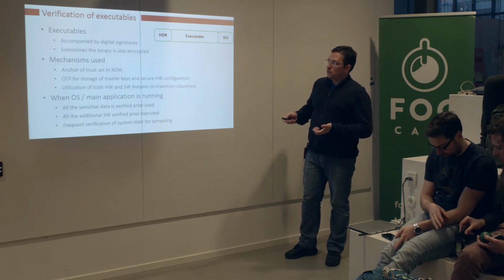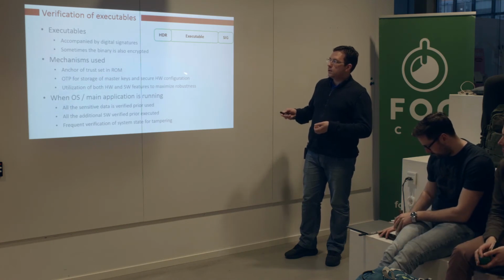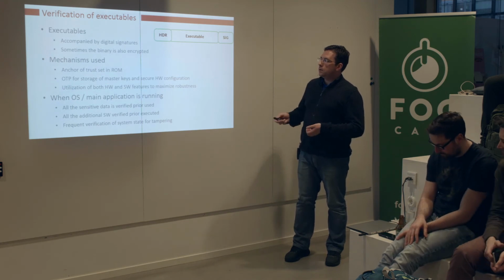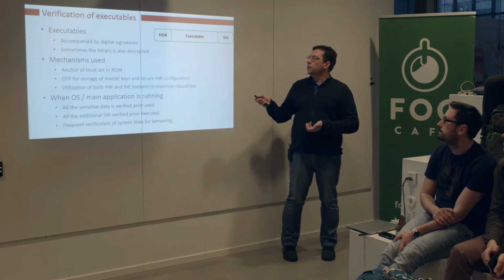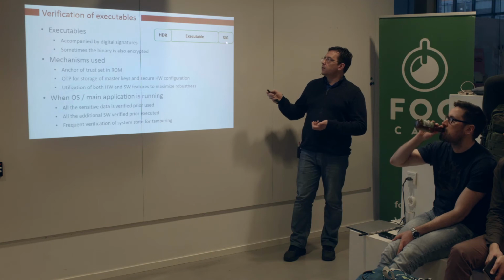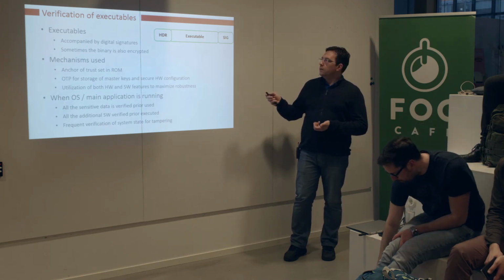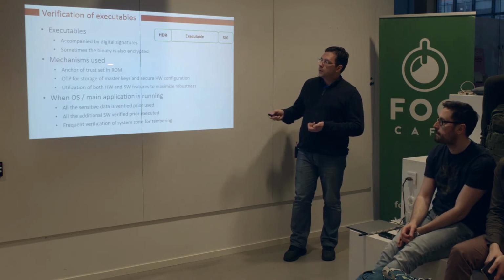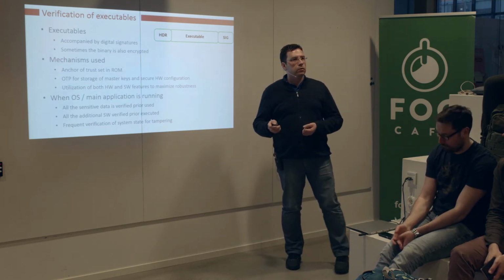Mechanisms used, once again: the anchor of trust is set in ROM. All the keys are placed in OTP, and whenever the platform is started, the ROM code functions for verification read the binary, parse the header, and based on the information within the header, they calculate and verify the signature, which is at the end of the binary. If everything is set properly and the signature is correct, then the ROM code will execute the application and move on with the execution of the next step.